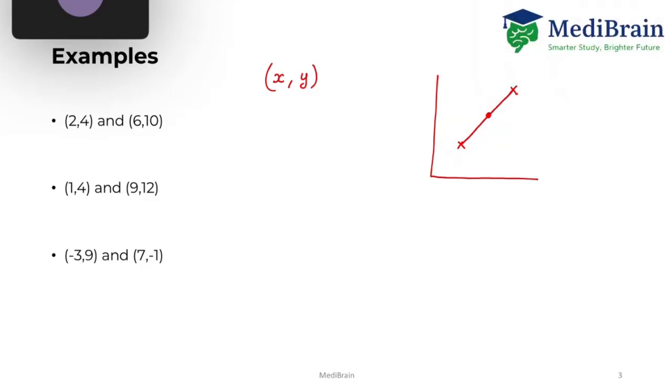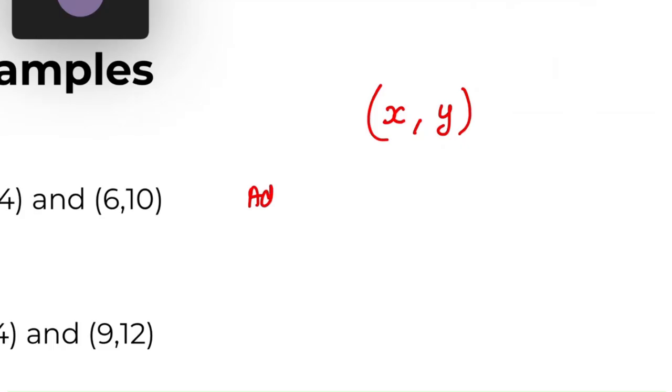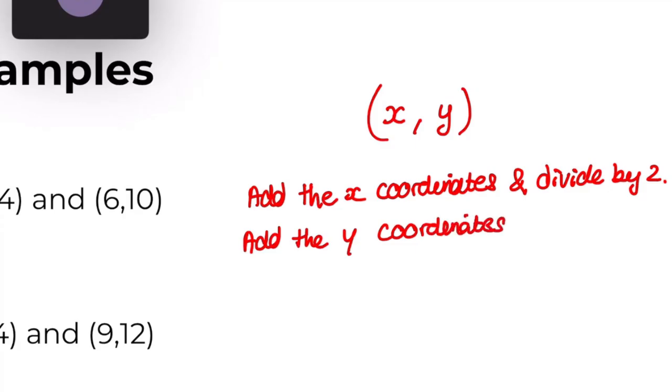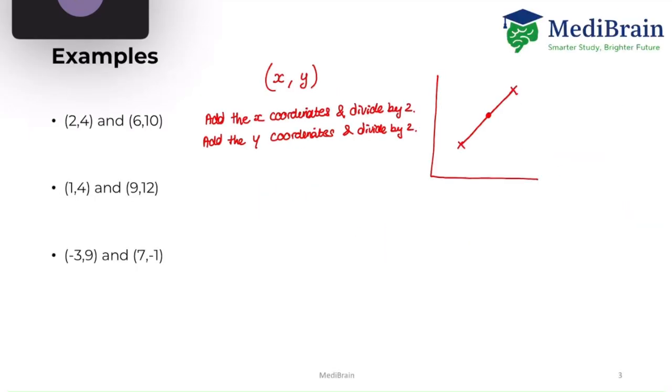Okay, so what you're going to do is add the x coordinates and divide by 2, and then add the y coordinates and divide by 2. So if you have a look at this one, 2, 4, 6, 10, we know that